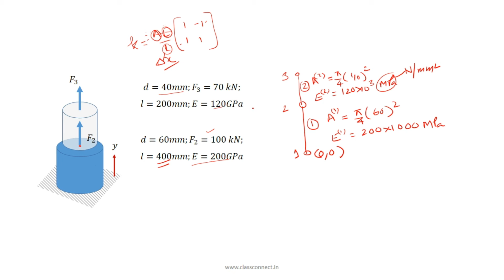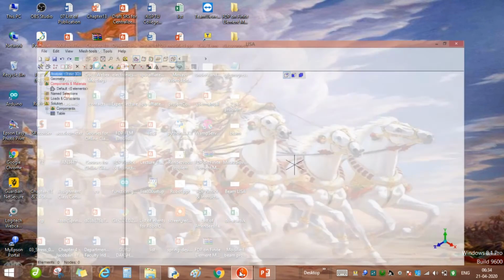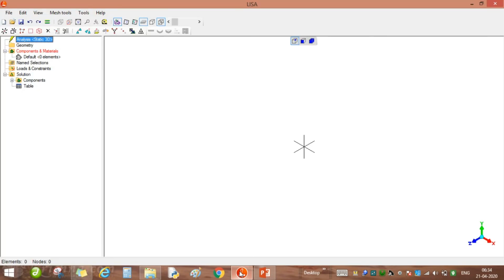So second node will be 0 comma y is 400, and third node coordinate will be 0 comma L is 200 plus 400, so it will be 600. So now we will go to the Lisa software. Click this icon and the screen will appear immediately.